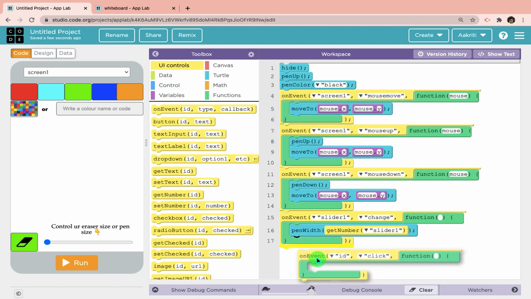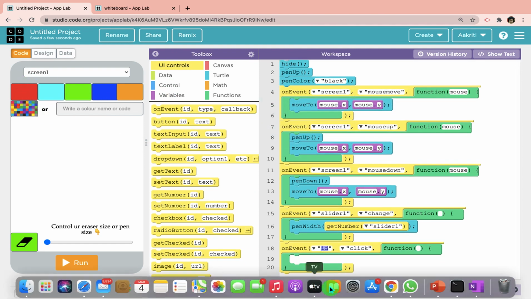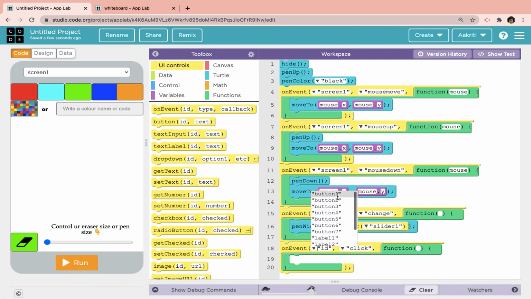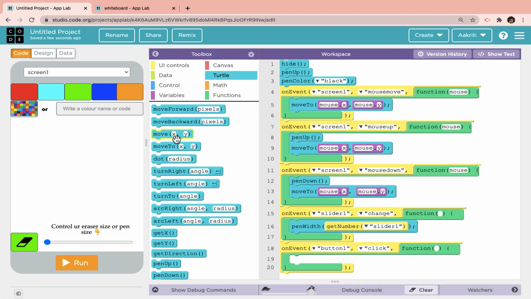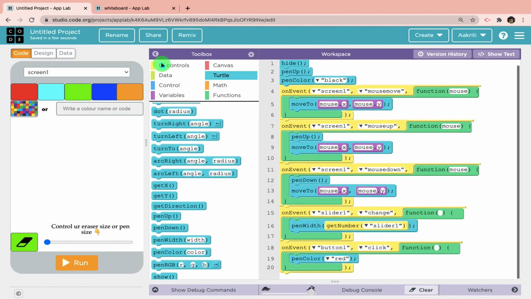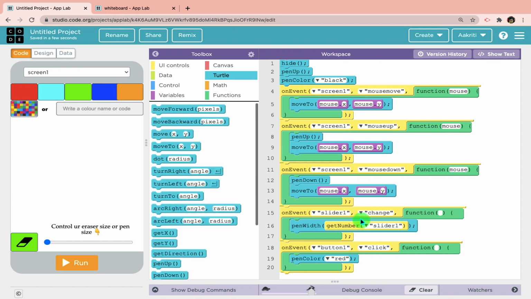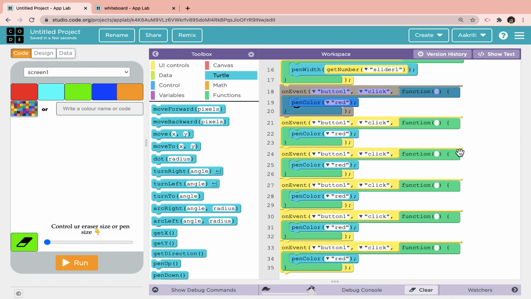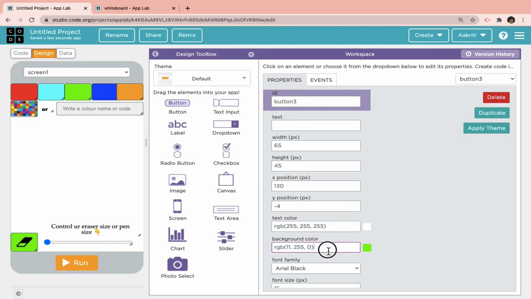Now on event, button 1 click. Then I want to set the pen color to red. Okay. Now I will just copy this block. Okay. Now on event, button 2 click, I want to set color to a different color. On event, button 3 click, then I want to set color to